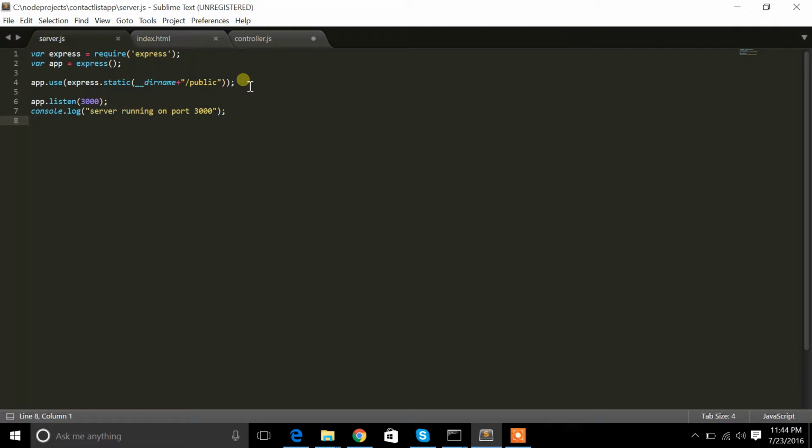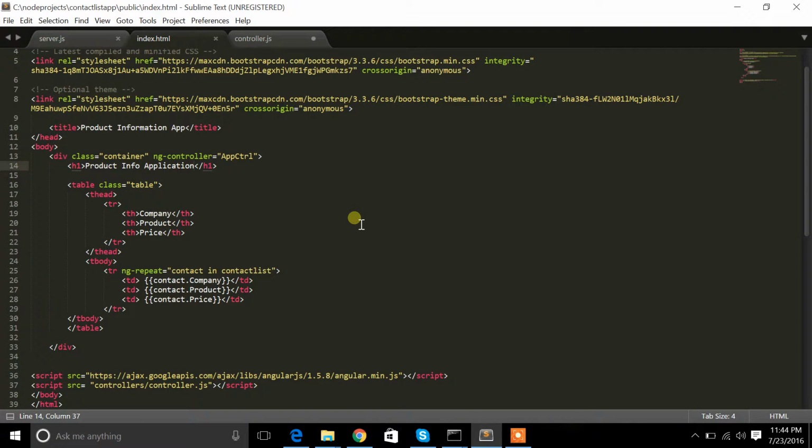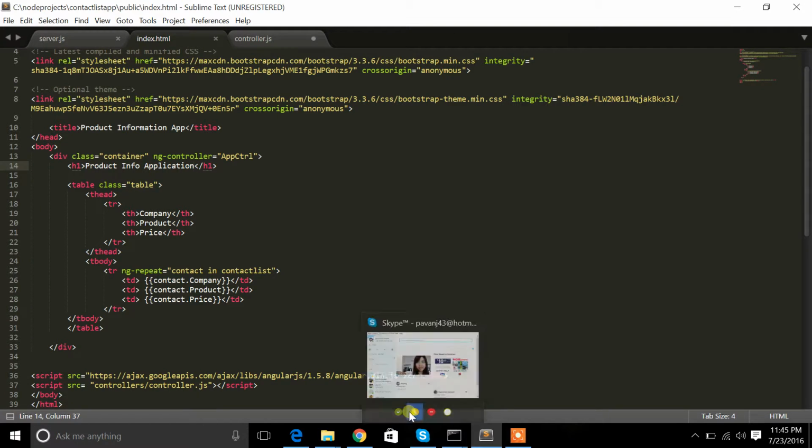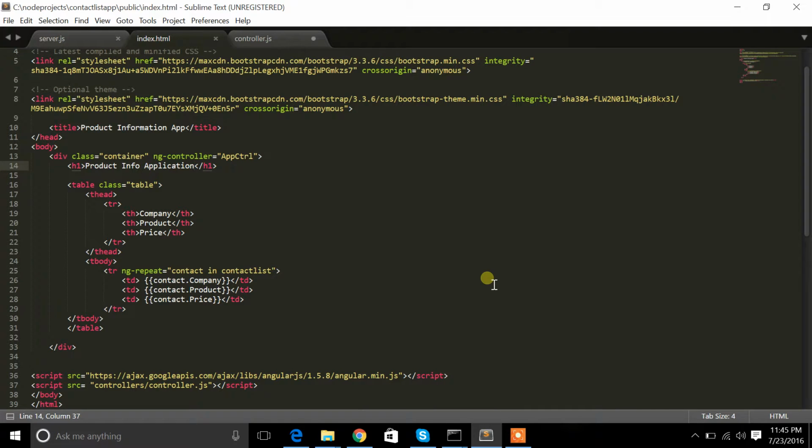After doing the server.js, I created an index.html. So here's the whole thing. Our main application is going to be, or what are the things we need to have in the application, all of those will be in this index.html. So once we set up node.js, I was writing a server-side thing. Then next we have to go